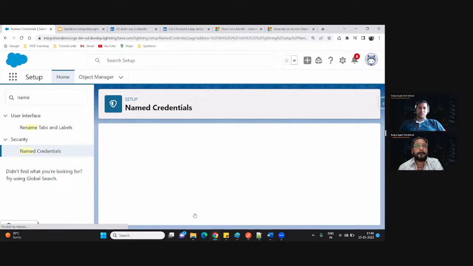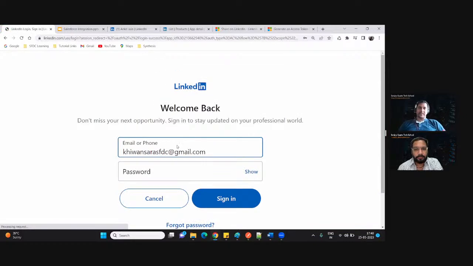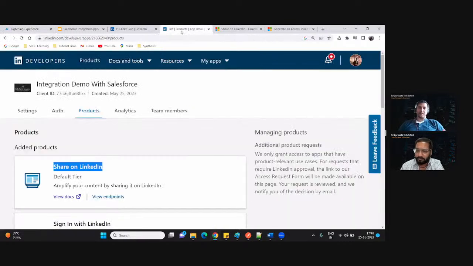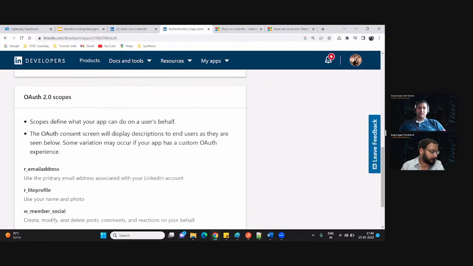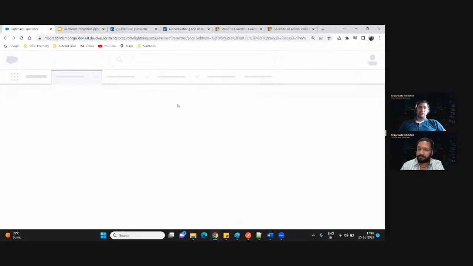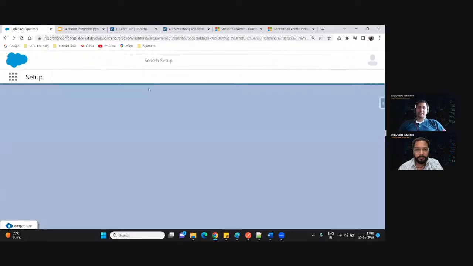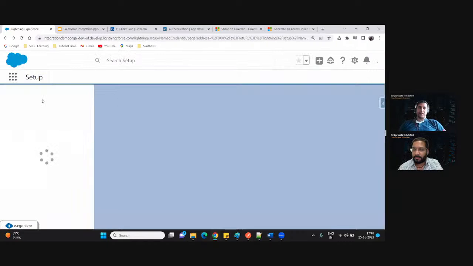One thing that I missed to do here, which will fail the named credential as well, is that I missed to define the scopes. I have configured my authentication provider, but I have not defined the kind of authorization that we have to do. So before I go and do the authentication with LinkedIn, let me go back to the authentication provider and define my scopes there.